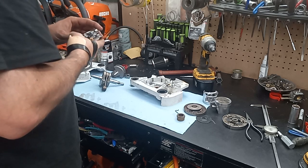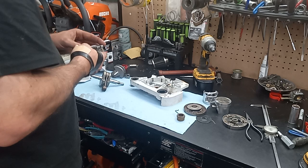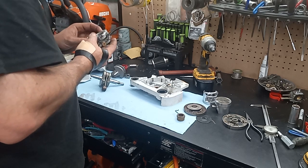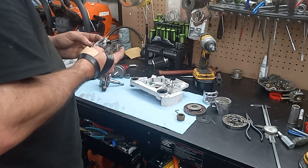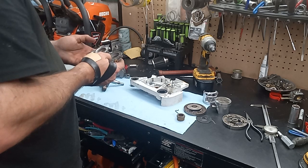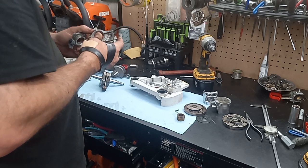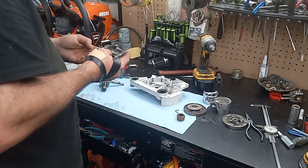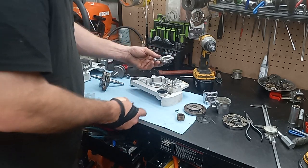But these oil pumps are very, very similar to one another. Bolt holes are in the same spot. Pickups are in the same spot. There's a few different variations. This runs a smaller worm gear. This runs a bigger worm gear. This is a good pump. I'll probably just bore the case out, because